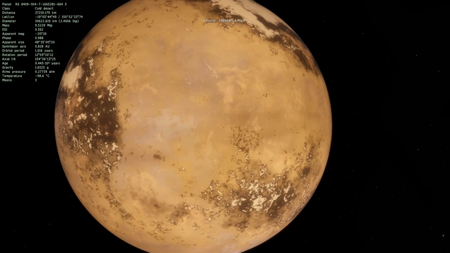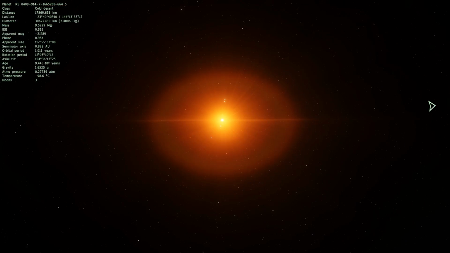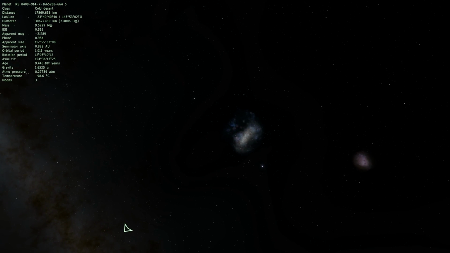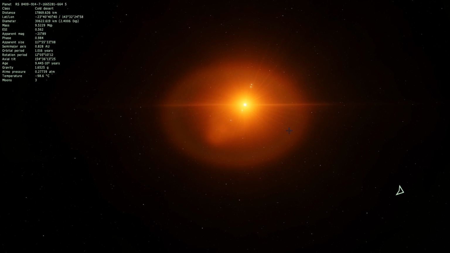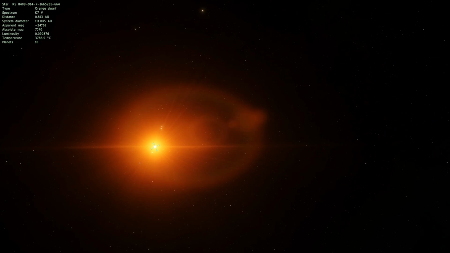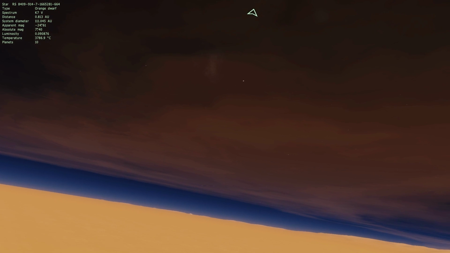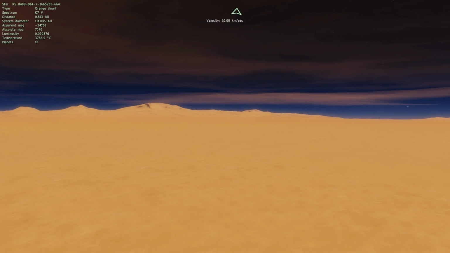So if we were sitting right in here and looking out over this star, this is what we would see. We would see the Milky Way down there, the large and small Magellanic Clouds, which also exist outside of the Milky Way, and then a nice orange star chilling up in the sky. And this is even at daytime on this planet. You can see a decent amount of stars in the sky, which means it probably does not have a very thick atmosphere. That's enough of this lifeless little planet.